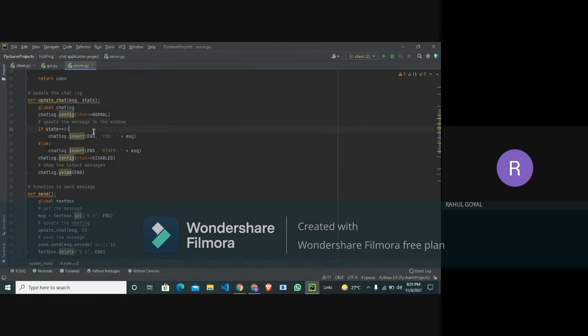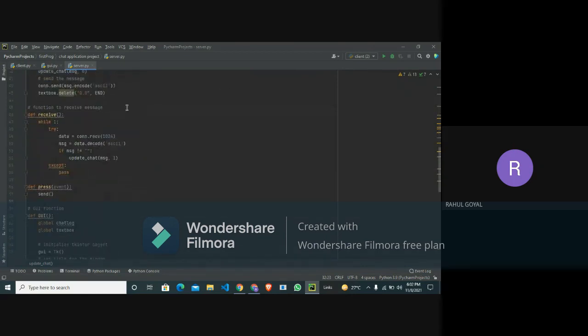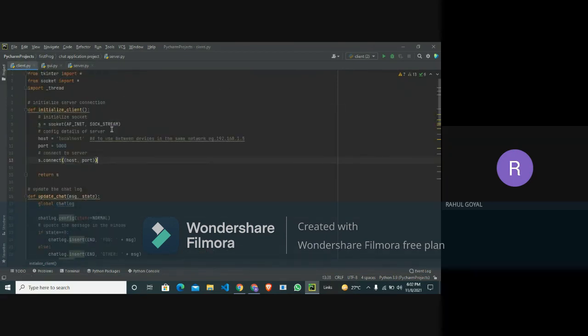If the state is equal to 0, then the chat log prints 'You' and our total message. If the state is 1, it inserts 'Other' and the message. Then we disable our chat log again, and chat log.yview is used to scroll to the latest message we send.